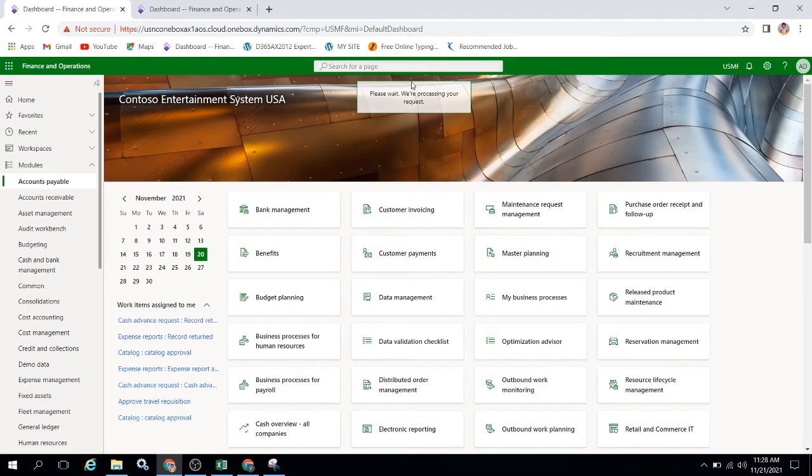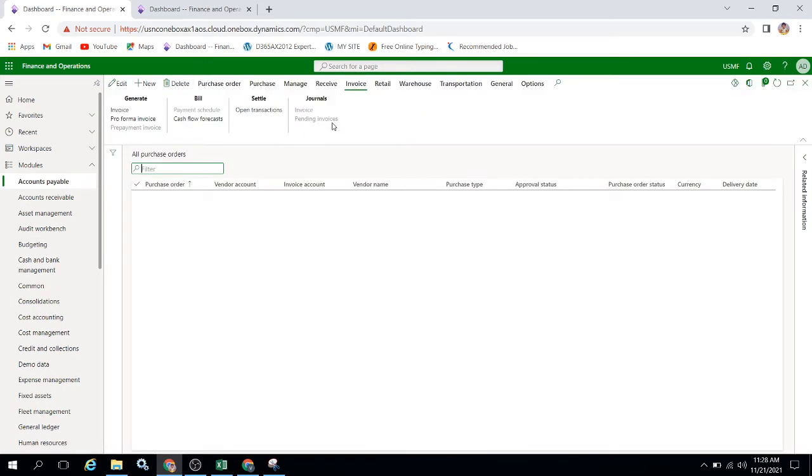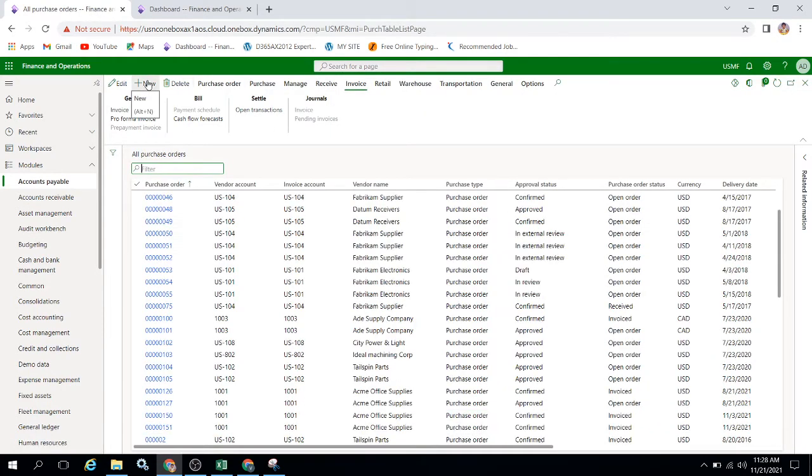I'm testing this case in the USMF legal entity. Let me create a new purchase order. To create a new purchase order, under accounts payable, purchase orders, I'm clicking on new.